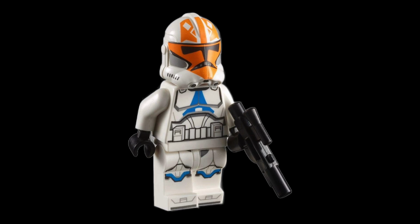I don't think they would do Jesse, though, because I feel like once you make Jesse, they're going to feel obligated to start doing Echo, Fives, Heavy, Waxer, Boyle, which would be ideal, but I can't really blame LEGO for not wanting to do too many named clones, because then they're going to put themselves between a rock and a hard place, where all of us will expect them to make all the other named clones. But I feel like 3 minifigures there and pretty much make it almost a color swap of the Anakin's